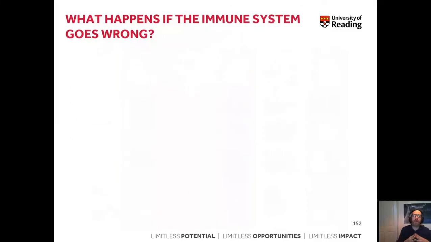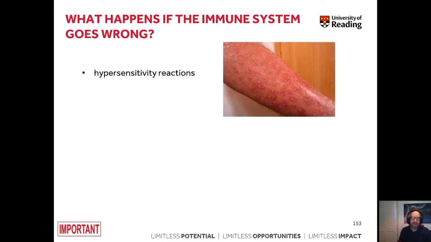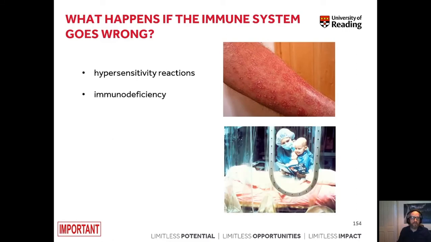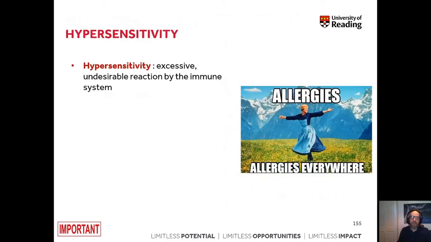So what happens if the immune system goes wrong? If the immune system, both innate immune system and adaptive immune system, go wrong, this leads to development of hypersensitivity reactions. It can also lead to development of immunodeficiency. So in case of hypersensitivity,